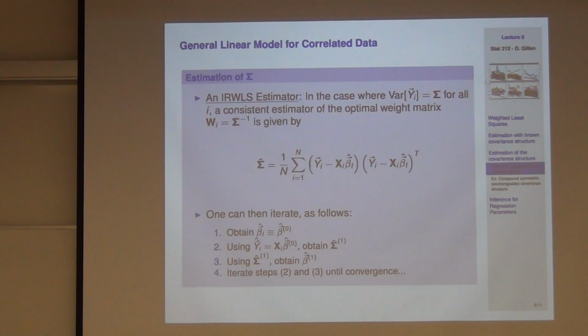So now here's the question: how can we provide an estimator from this just from what we know in the past? Again, I'm thinking about a complete and balanced case for just a second. See if you buy this. If I assume that the variance-covariance matrix for each of my independent sampling units is equal to some sigma, in other words I'm not allowing it to vary, it can have different off-diagonal elements, I'm not putting structure on them, but I'm assuming it's the same from one sampling unit to the next, so I just have this capital sigma there.